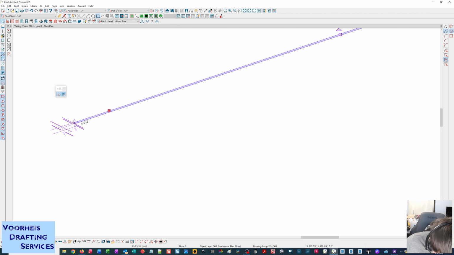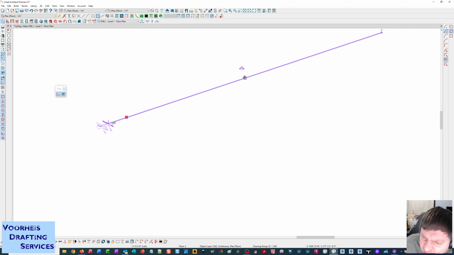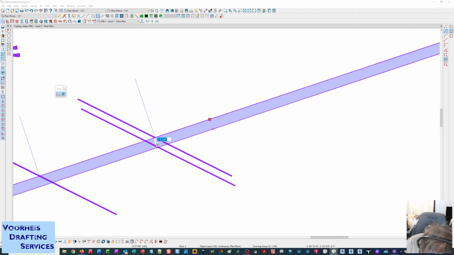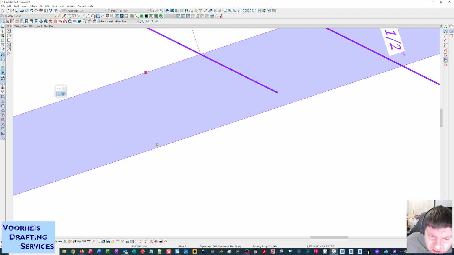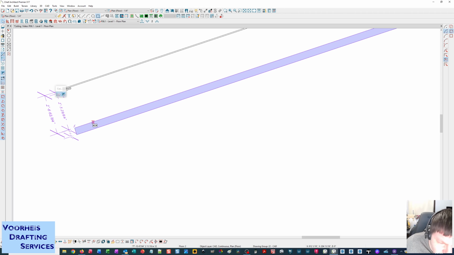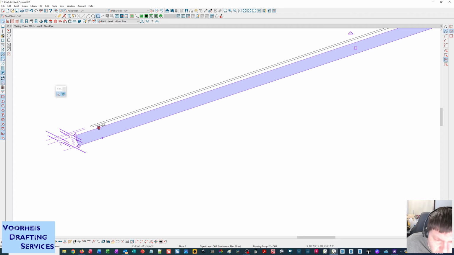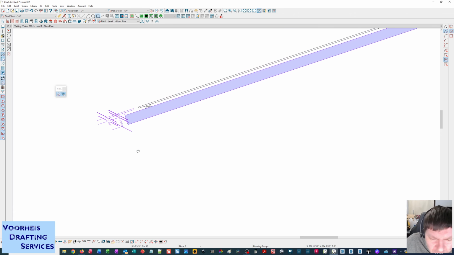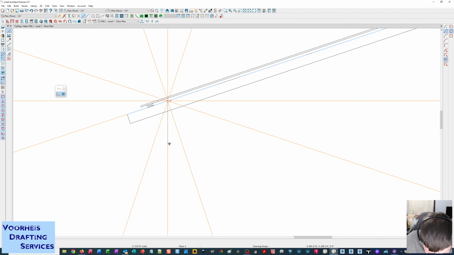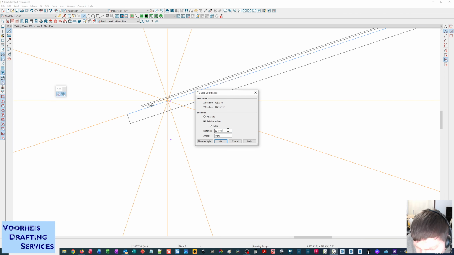I can copy this again to imitate the top chord of a truss. Rotate this down and make this 5.5 to imitate a 2x6 top chord. And maybe my truss here has a 12-inch energy heel, so I'm going to snap to the top edge of that top chord, draw a 12-inch line here,